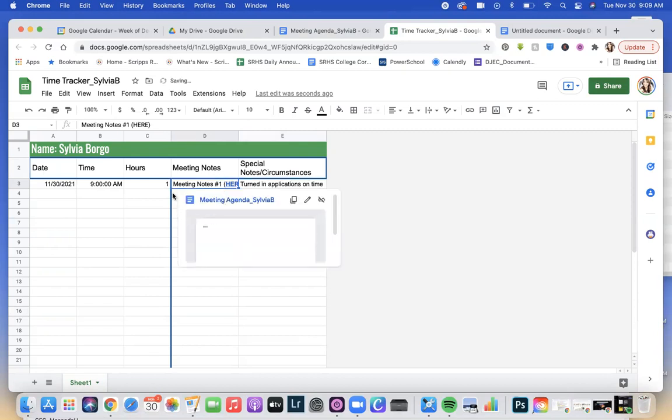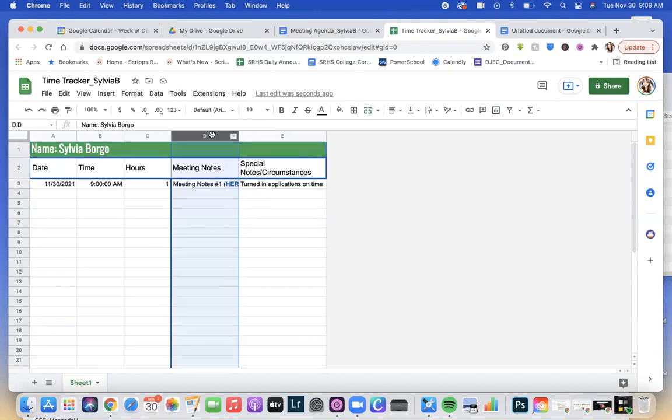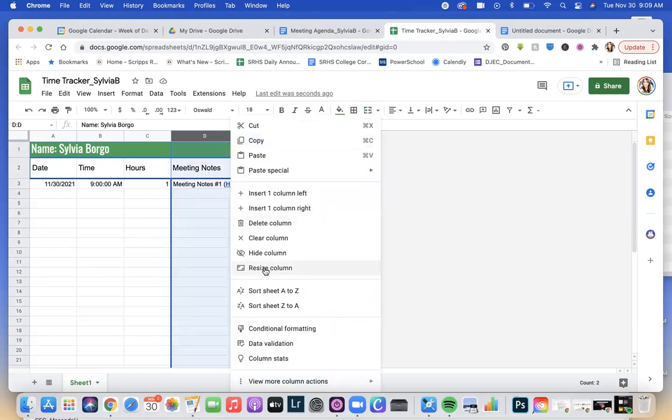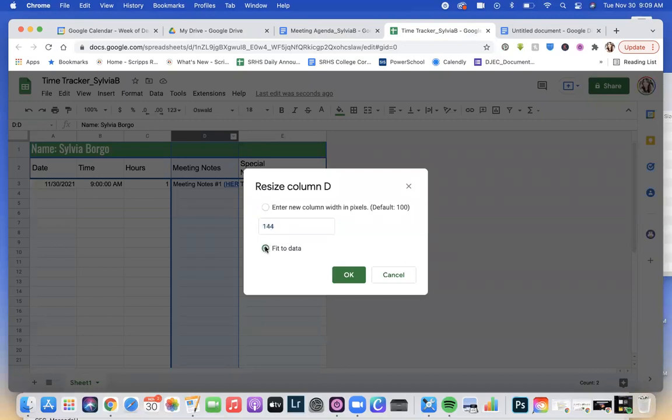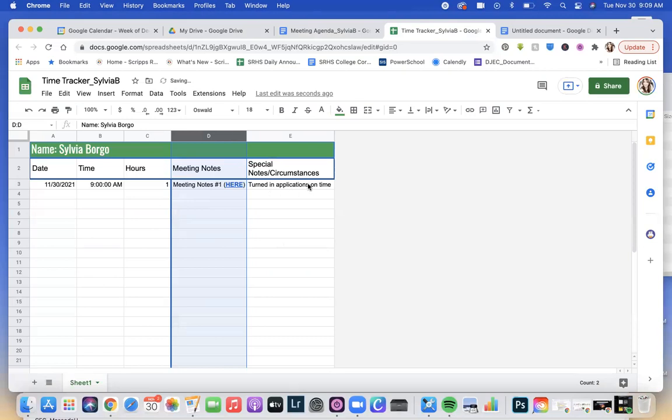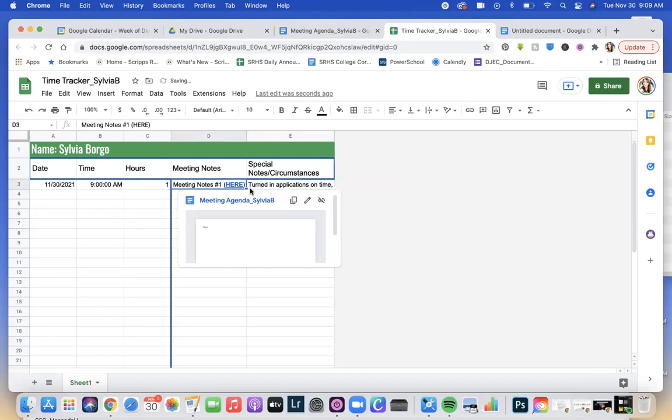Well, I can have this wrap around like I did up here with these words, or what I can do is select this column and instantly resize it so that it fits to the data. So anything that I type in this column will automatically resize and push over. So see, applications turned in on time, all essays completed. I wouldn't type all this information in here because it's already in the meeting notes. I don't want to clutter this information too much. I don't want to repeat what's already in the meeting notes, but I'm just going to go ahead and show